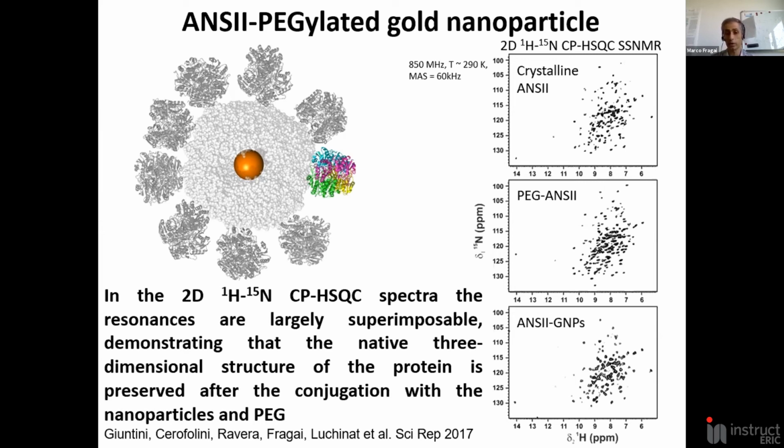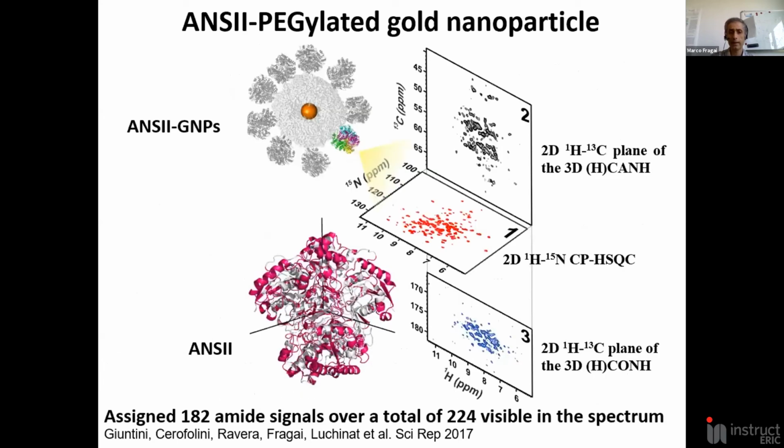We required very long experiments, but finally we were able to collect a good hydrogen-nitrogen cross-polarized HSQC that can be compared with the same experiment collected on a crystalline sample and on a PEGylated sample of the asparaginase. And then we were able to collect 2D hydrogen-carbon planes of 3D HCANH and HCONH. And then we were able to assign 182 amide signals over a total of 224 visible in